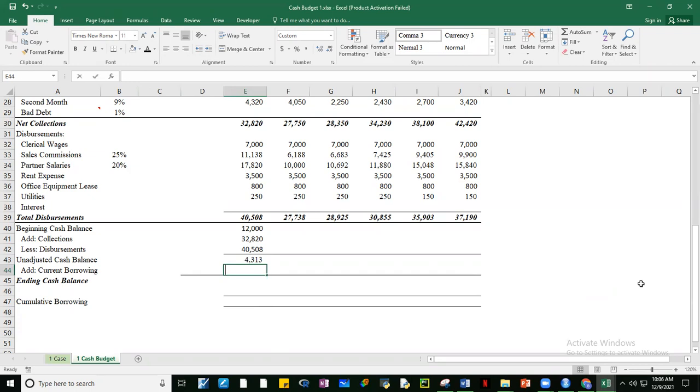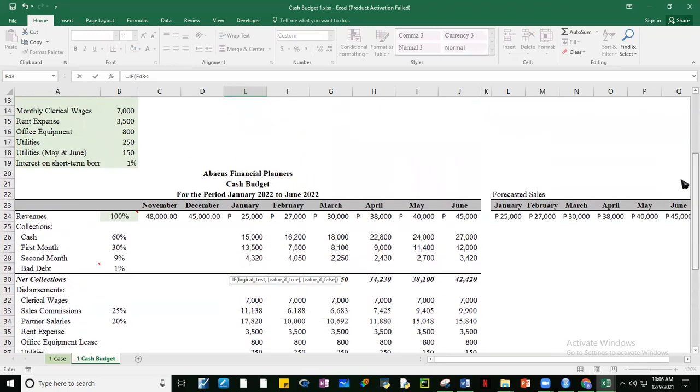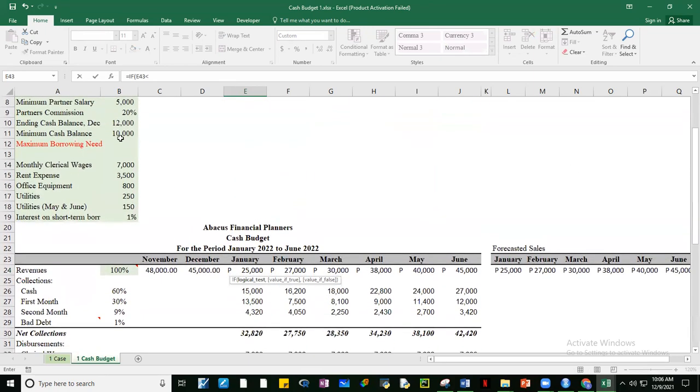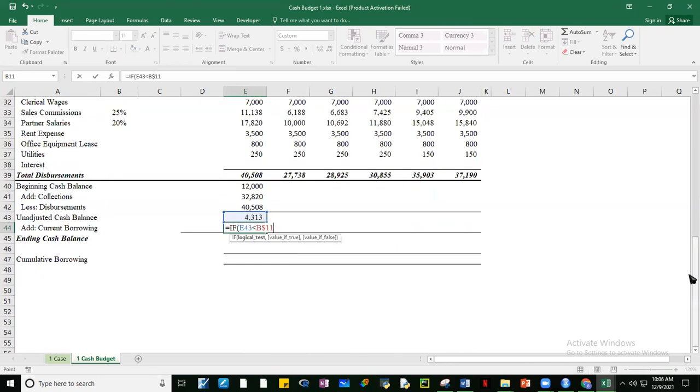Tapos gawin natin formula, no? Para makakopy natin to the right. So it's equal to if the unadjusted cash balance, no? If it's less than, kung less than siya ng 10,000, let's copy this one, and then I'm going to fix the column. If it's less than 10,000, anong gagawin?